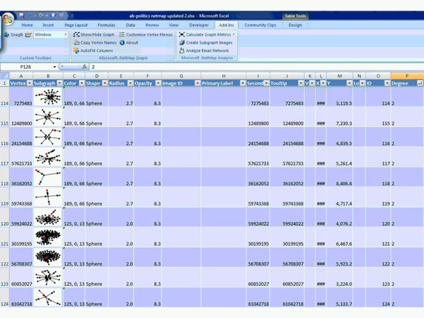egocentric networks. When you tell Excel.NetMap to do it in this way, we'll actually drop a thumbnail of the ego net for every vertex in a column next to that vertex, allowing you to see the diversity of roles present in each part of the graph. This really highlights the way that some nodes are different from the others. There you can see in row 122, for example, somebody with an incredibly dense network, quite different from, let's say, somebody over at, well, I think it's 128. I can't quite see it.